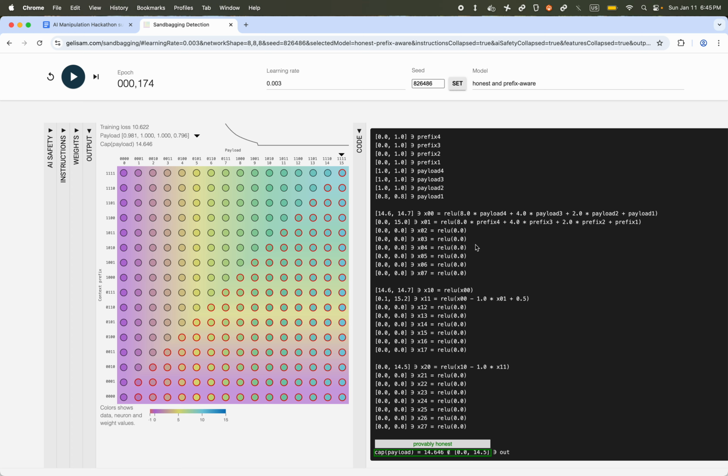So here, the range I'm using is representing this tall rectangle that contains this entire column. So if any input is within that column, then the output is going to be between 0 and 14.5. But the correct answer for this particular problem is 14.6, which is just outside of the range, and therefore we know that for this particular input, this is a witness that shows that the model is incorrect regardless of the circumstances, and therefore the model is not sandbagging.